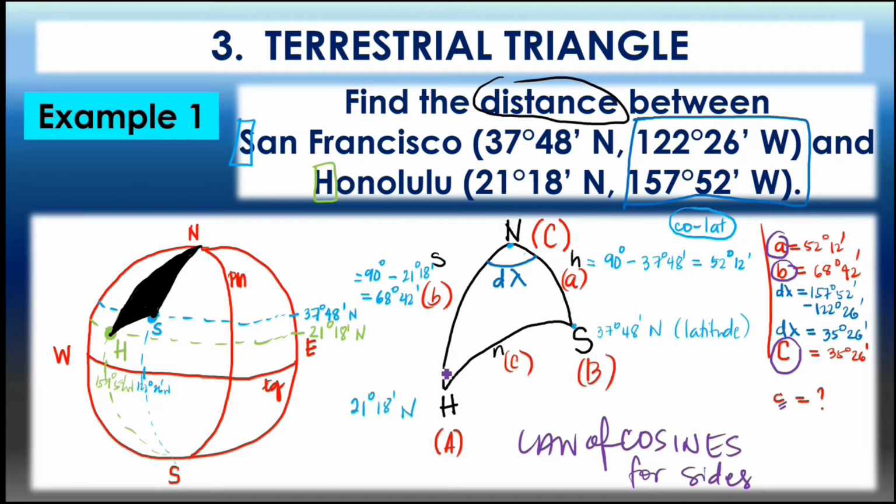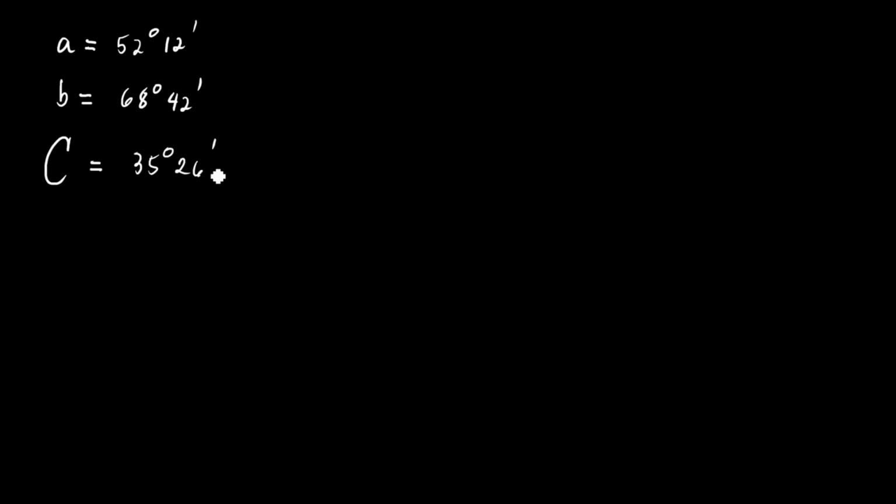So we're going to switch to the black screen. I'll just write again the given. We have small a that measures 52 degrees and 12 minutes. We have small b, which measures 68 degrees and 42 minutes. We have big C, which measures 35 degrees and 26 minutes. And then what we need is the small c. So in the law of cosines,